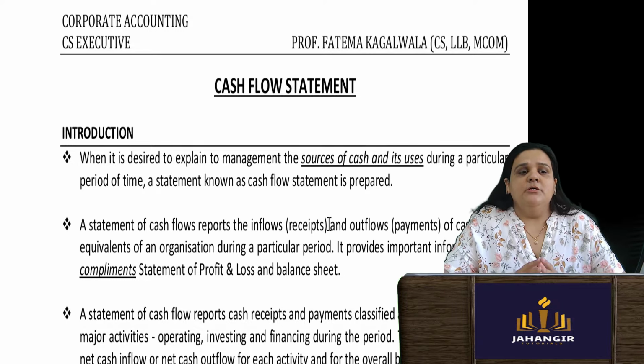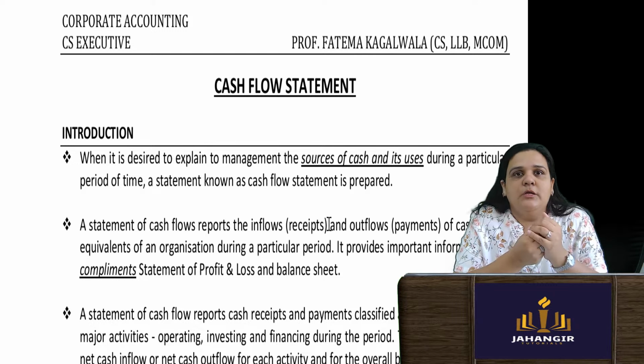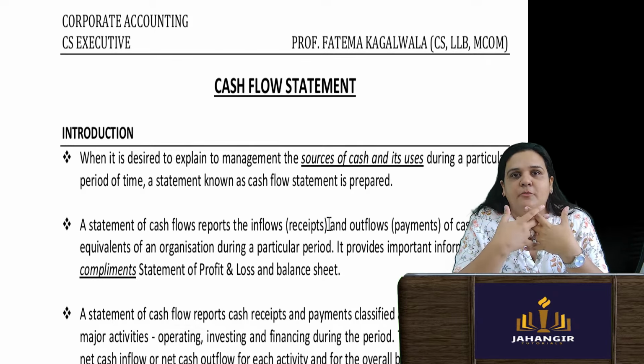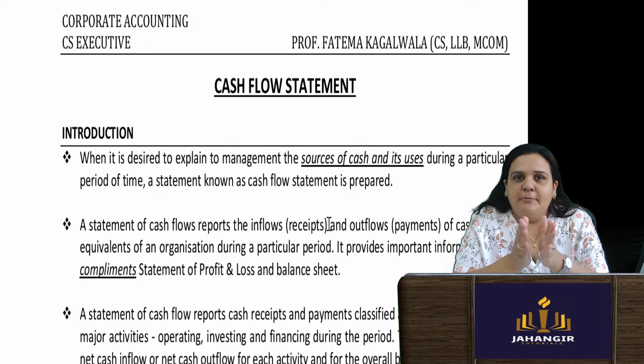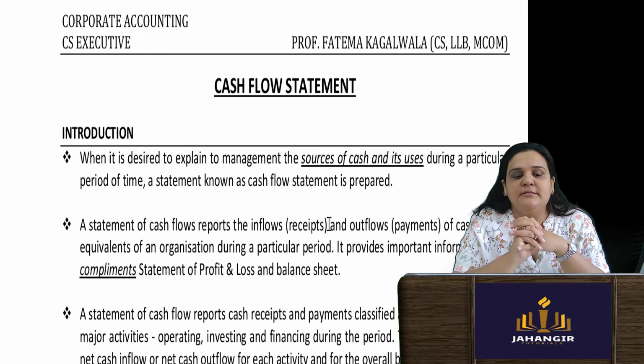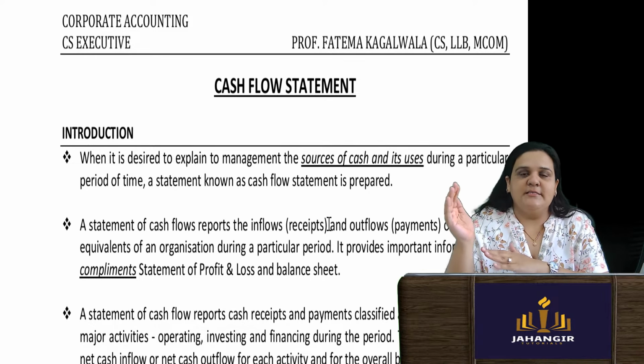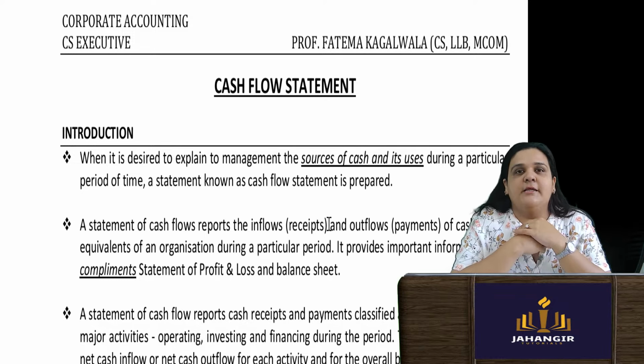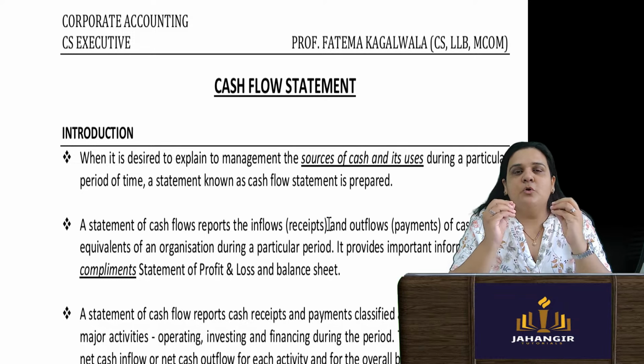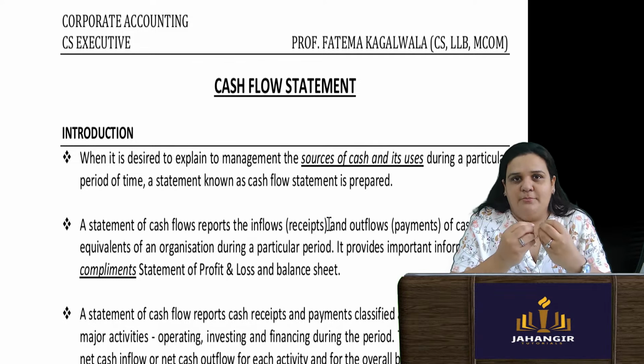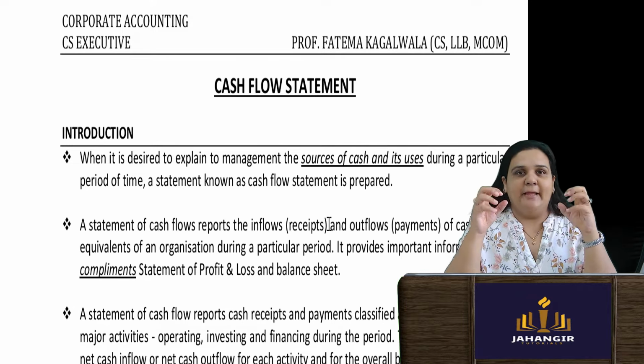Just to give a heads up for people who have joined today only, I am Fatema Kagalwala, and I have been teaching corporate accounting, financial management, and the practical subjects for over 8 years now. And trust me, I have done the basic understanding of each chapter, solving the basic sums and past exam questions at the time when I was giving my attempt, and it has helped me score more than the exemption marks. I want you all to apply the same strategy.